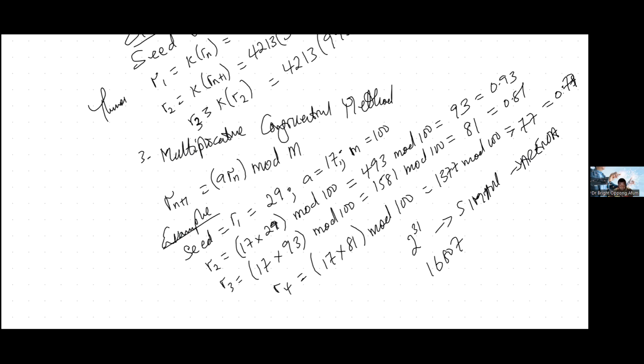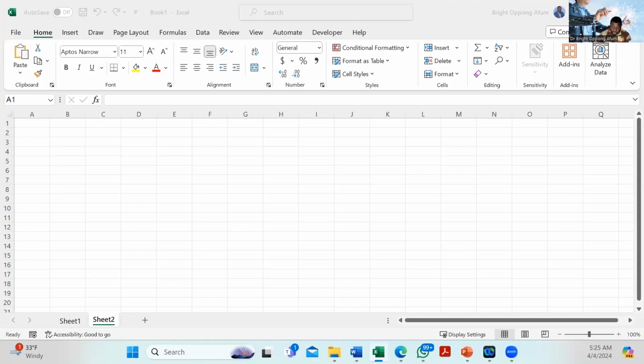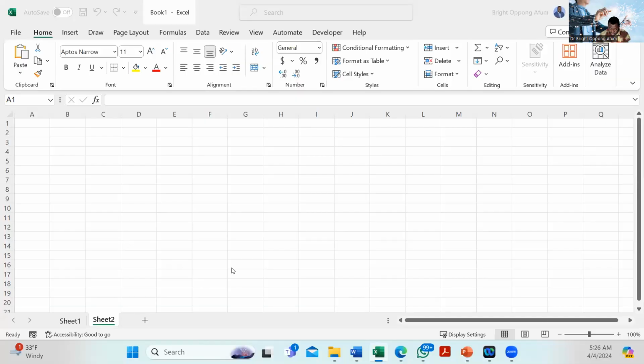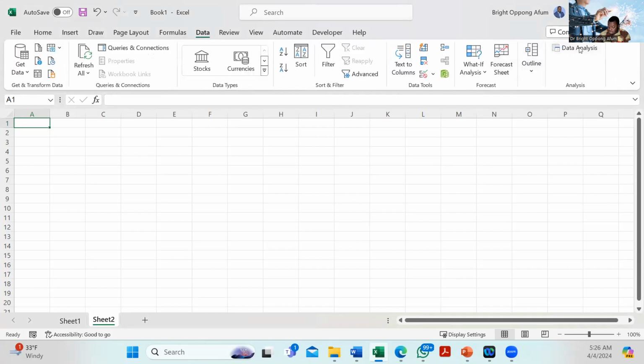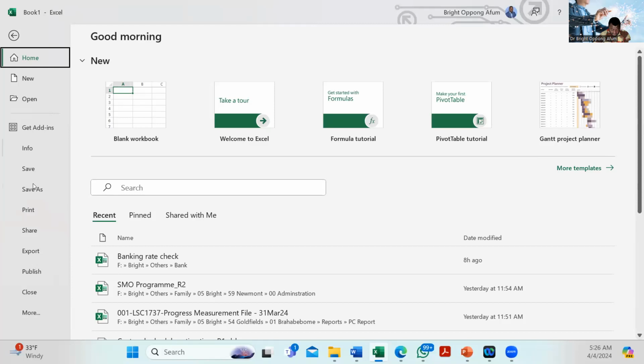All right, so we shall go to our Excel sheets and generate some random numbers using some distributions. Let's go to Excel sheets. Okay, so we have a typical Excel sheet here, if you can actually see my screen. So for a typical Excel sheet, you go to data analysis, and you should have it here. If you don't see your data analysis here, you have to go to,